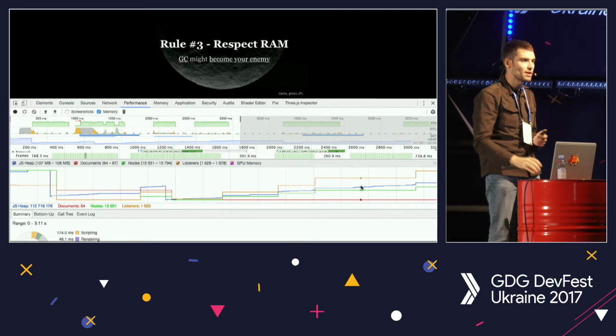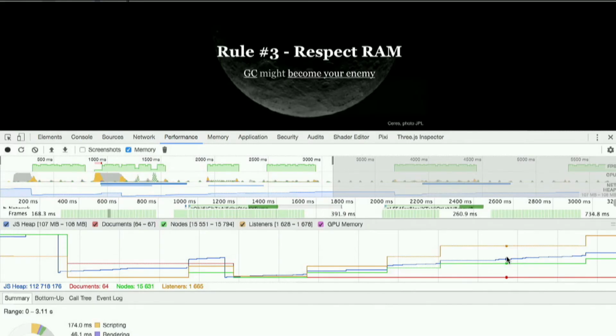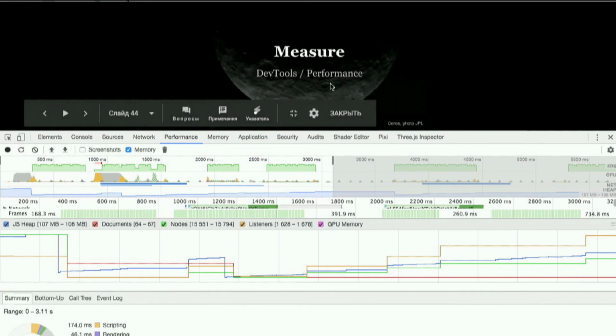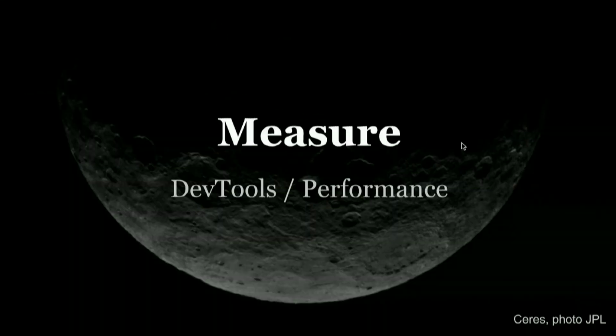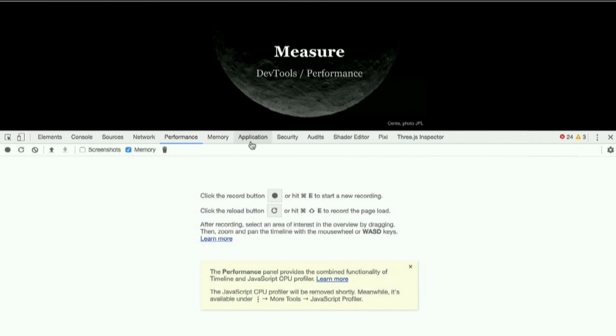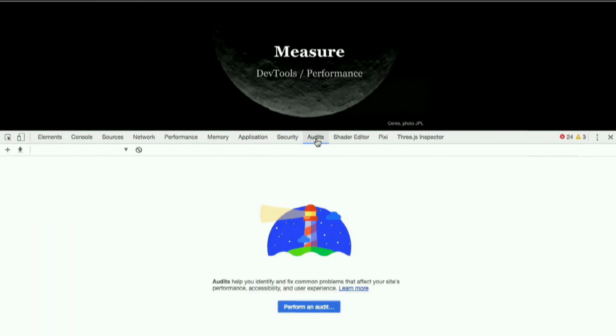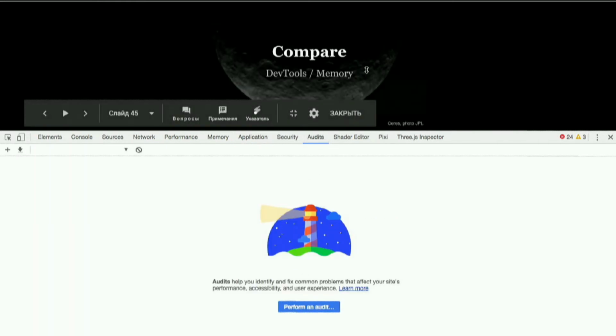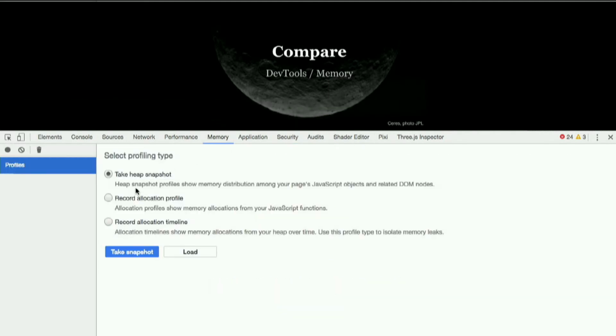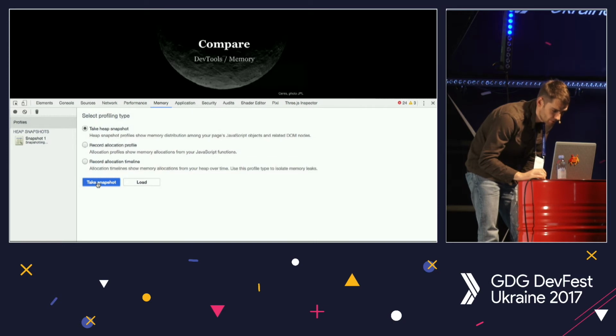Here it grows normally because I use just more slides and so on, but if it drops and grows more and more and more, then it's a problem. There are more patterns for that, and this talk is not just about memory, but that's one tool you can use for tracking memory. And the second one is audits. So, DevTools memory: you can take two snapshots of the memory, of the JavaScript heap.